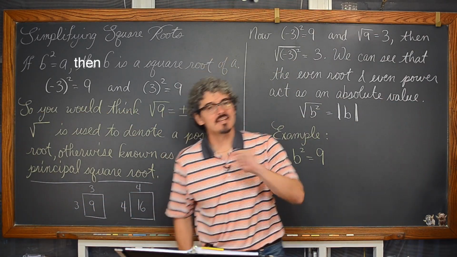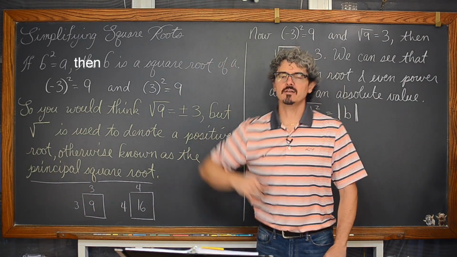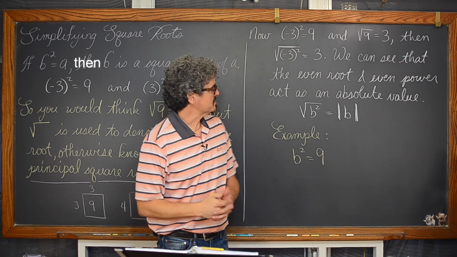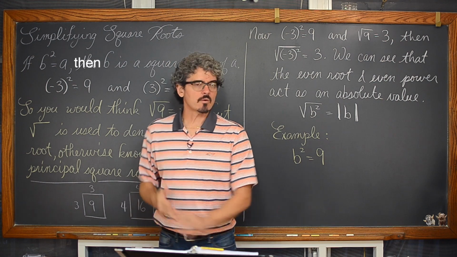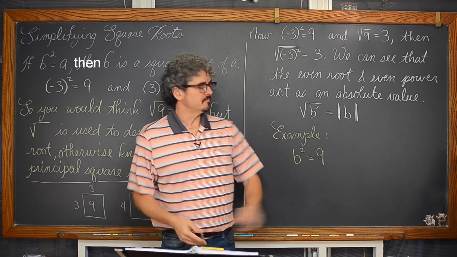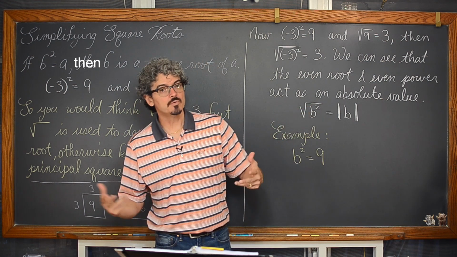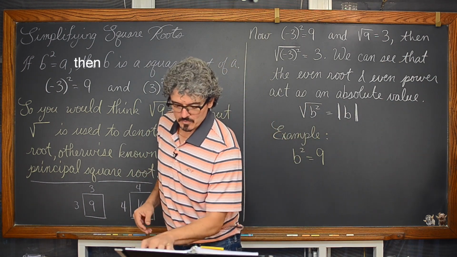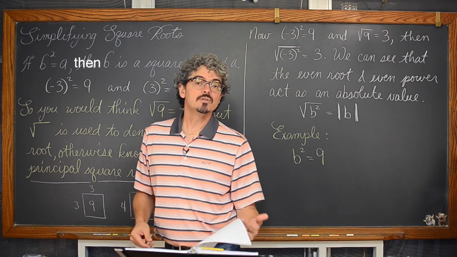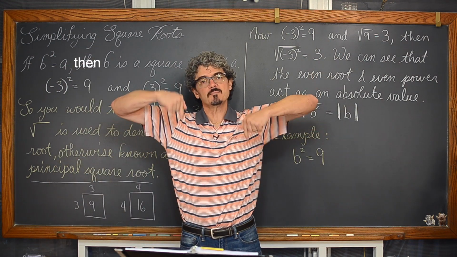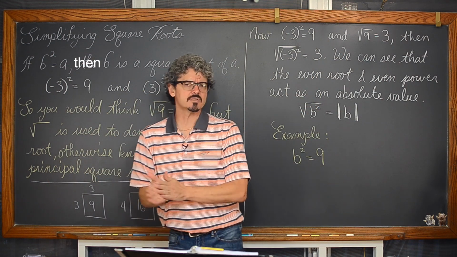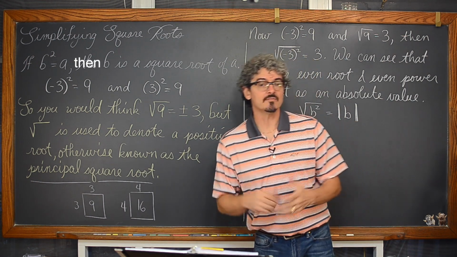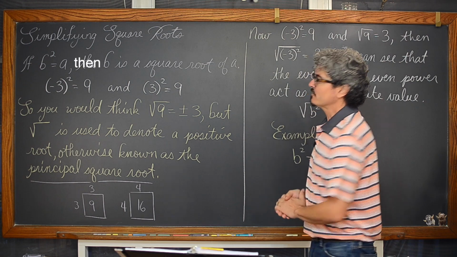Mr. Tarot. In this video, we're going to be talking about simplifying numerical square roots. We're going to do some vocabulary, some properties, talk about how the square root and even power of 2 are going to act as an absolute value function, and then we're going to walk through 8 numerical examples. You're going to find timestamps in the description to jump ahead to any of those examples you like. You'll also find a link to my over 700 math videos that I have produced so far for YouTube.